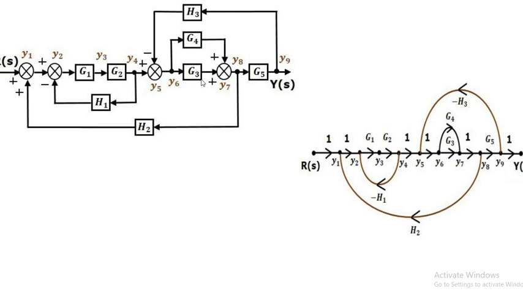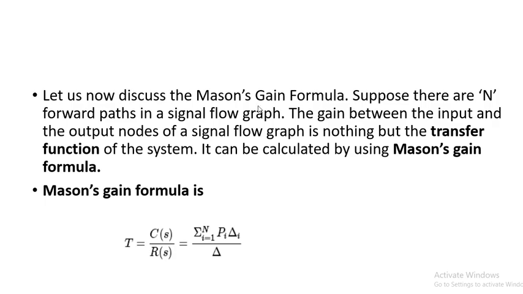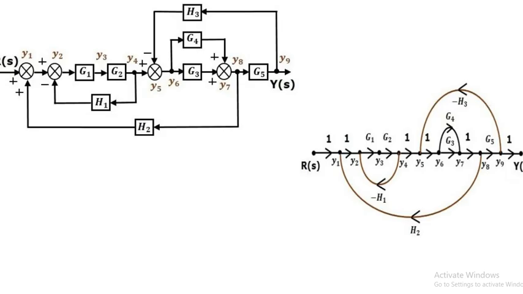Okay, so the first step that you have to do is to correctly convert this diagram into a signal flow graph, and after that we have to solve. If this diagram is wrong, then your exam result will be wrong. Okay, so that's why the first thing that you have to do is convert this block diagram into this one. Sometimes they may give you the direct signal flow graph for a solution, or sometimes they may give you this diagram, then you have to convert it into the signal flow graph, and then solve with Mason's gain formula. Okay, so this part we will see in the next lecture.